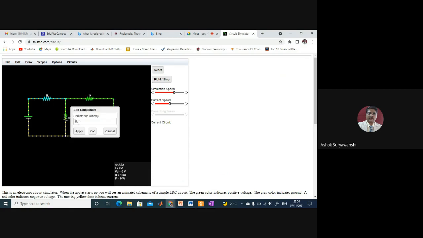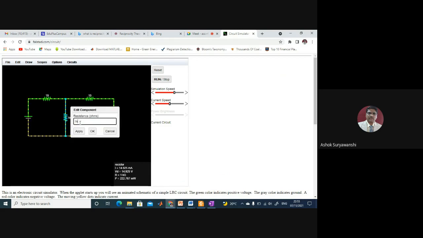So it is in ohms. 1k means it is 1 kilo ohms. So I want here 10 ohms. So I will write only 10. Apply. Okay. Then this one, you can directly double click or right click. You can see directly here what I'm doing. I can do both ways. Directly double click, you will get the value of the resistors here. You can change it, it was 10 ohm. Then apply. Okay, or you can take the cursor on that resistor, then right click and edit. This is another option.